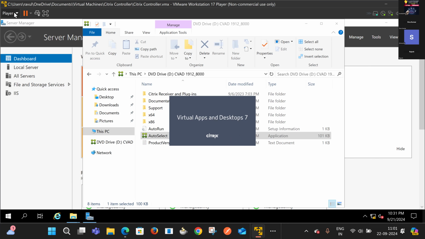Is the CPU fine, Shrikant, or shall I increase? Yeah, as of now it's fine, because otherwise the complete infrastructure will